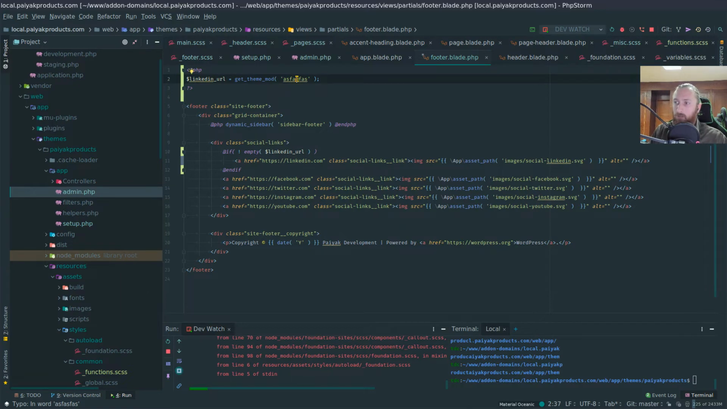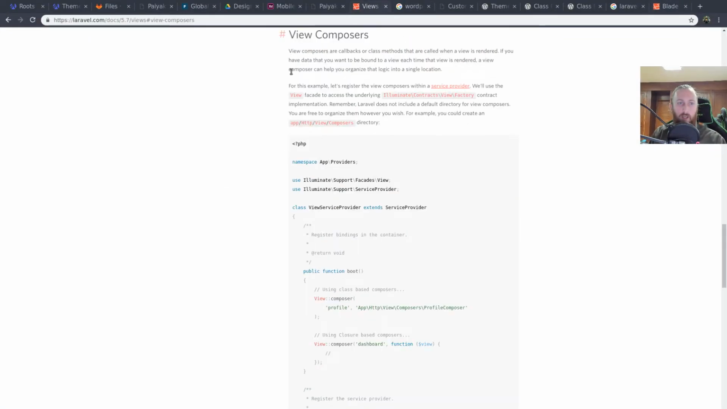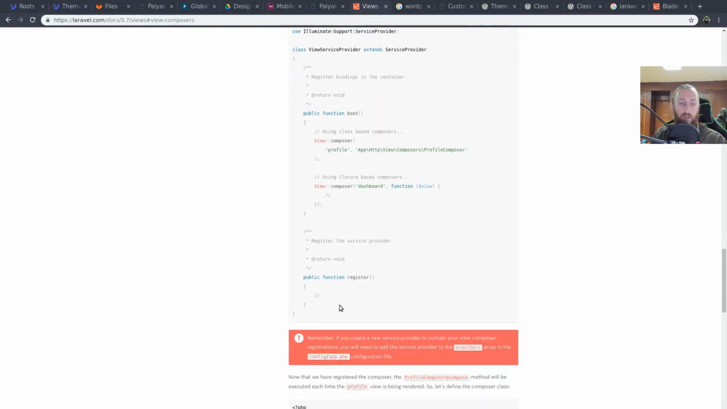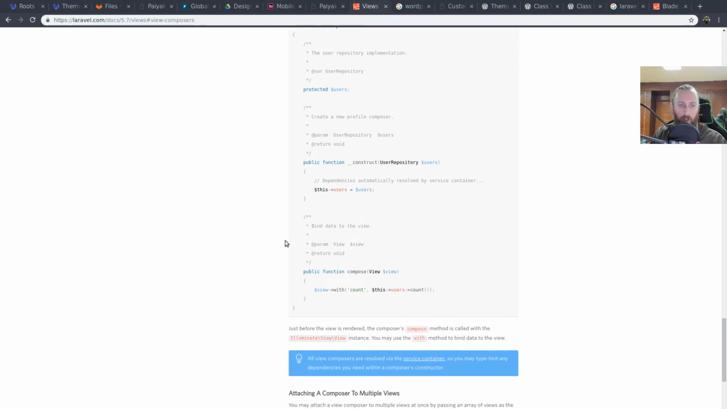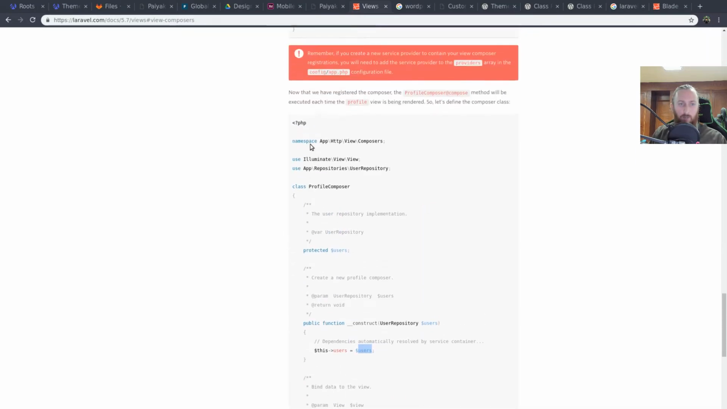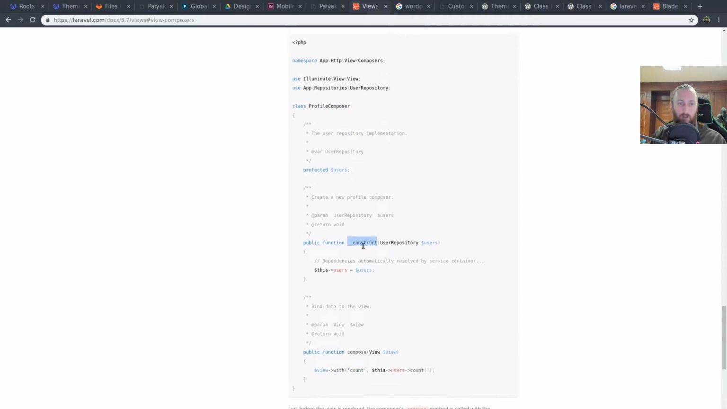So it's better to just do it somewhere else, right? And that's what view composers let you do: you can define one class and say, okay, when this particular view is being rendered, then call this function, and that can essentially add stuff to the view. So here's an example. The profile composer that they're showing us here, when it's starting up, accepts a users thing,